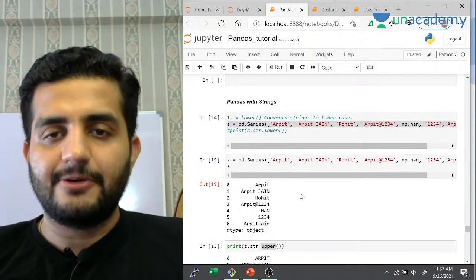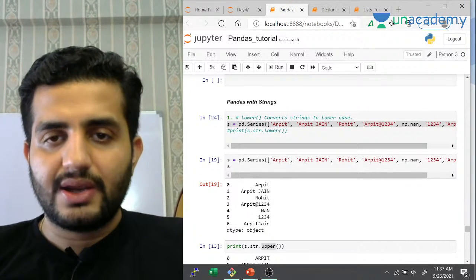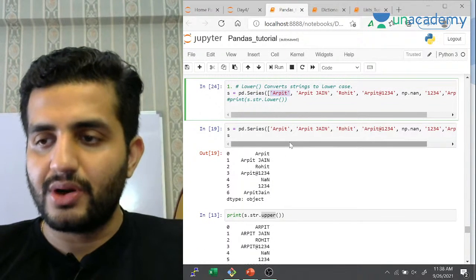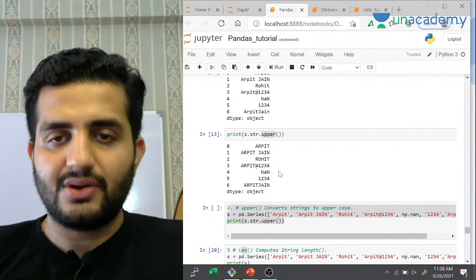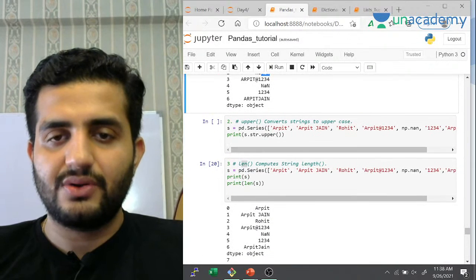We have certain good functionalities. We have talked about lowercase and uppercase. It's very simple: lowercase and uppercase convert the strings from lower to upper case nomenclature. So upper is all the upper caps, and lower is the lowercase. This is how it works.